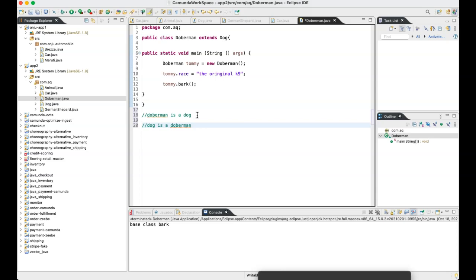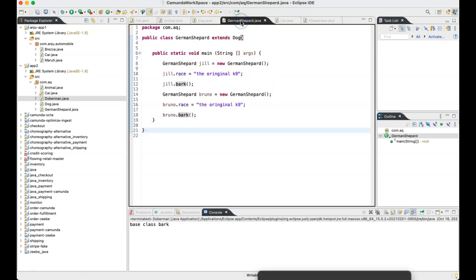It's like telling, for example, my name is X and my father's name is Y. I am son of Y. It can never be Y son of X. Do we agree? Yes or no? Same thing is true for German Shepherd. German Shepherd is a dog, but dog is not a German Shepherd. Do you understand?